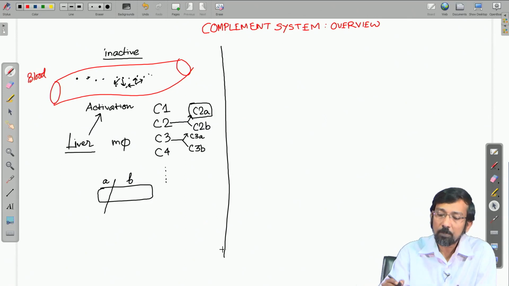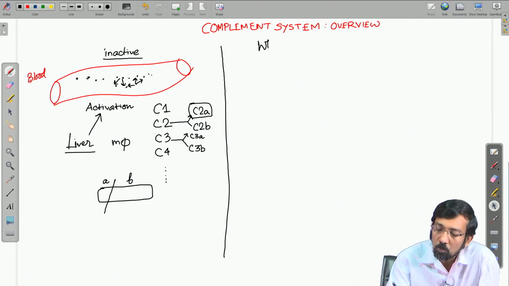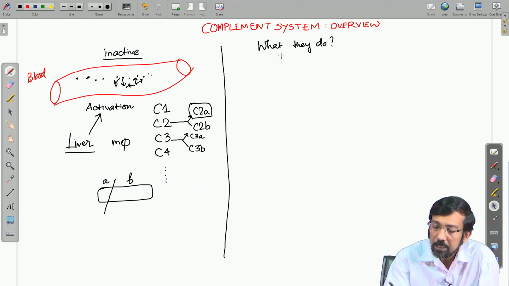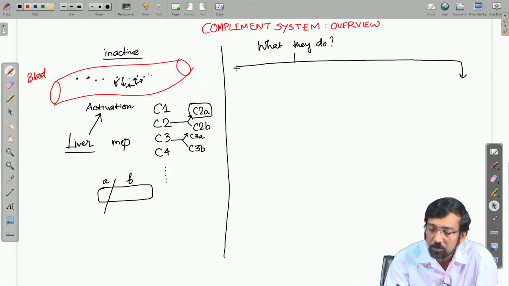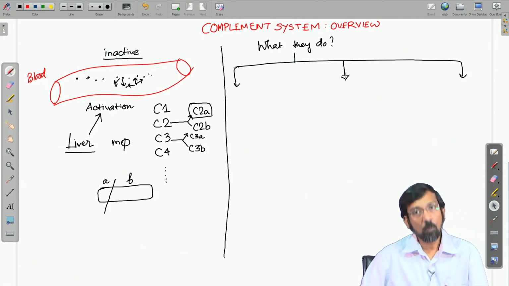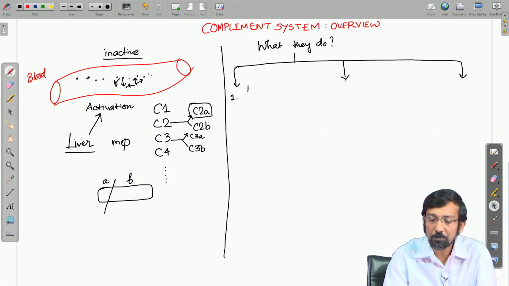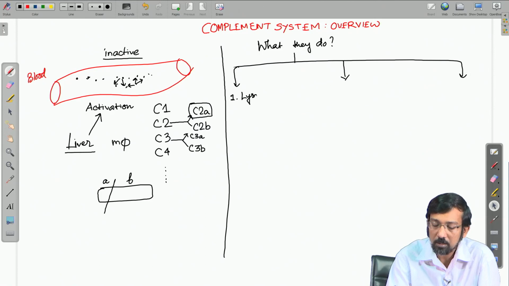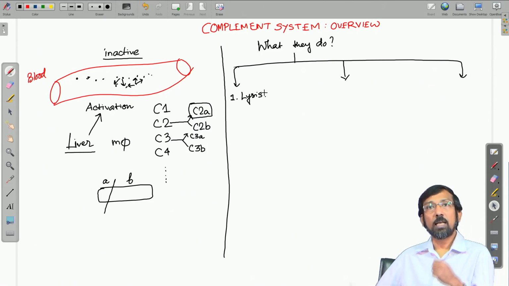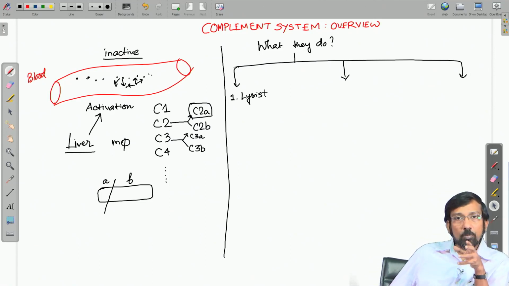What do the complement proteins do? They primarily do three types of functions. One, lysis of cells. So, what is lysis of cells? The complement proteins,